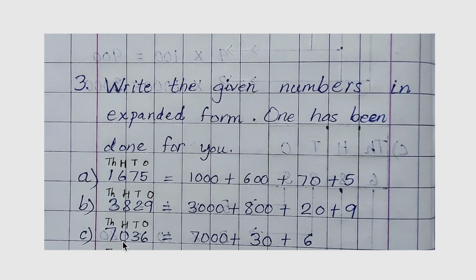Even though digit 0 may be at any place, its place value always remains 0. So we do not need to write over here add 0. Okay? So next, moving to the tens place, we have 3 tens. So add 30. Place value of digit 3 is 30 over here. Then add 6 because we have 6 ones over here. So like this, complete entire question 3.